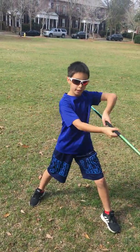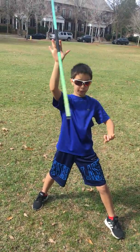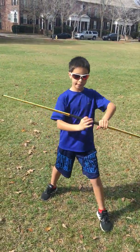That's a palm spin, so it's gonna look like that. It looks like a palm spin, except you're passing it between your fingers instead of on your palm. So, the difference between a palm spin and this palm spin